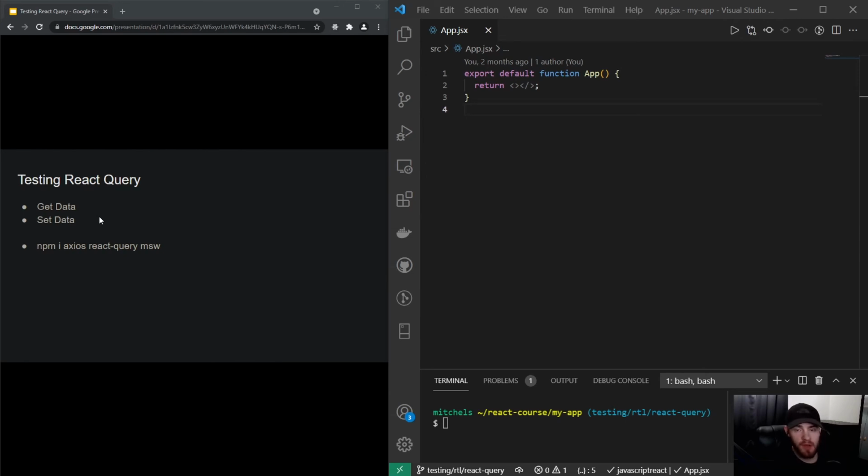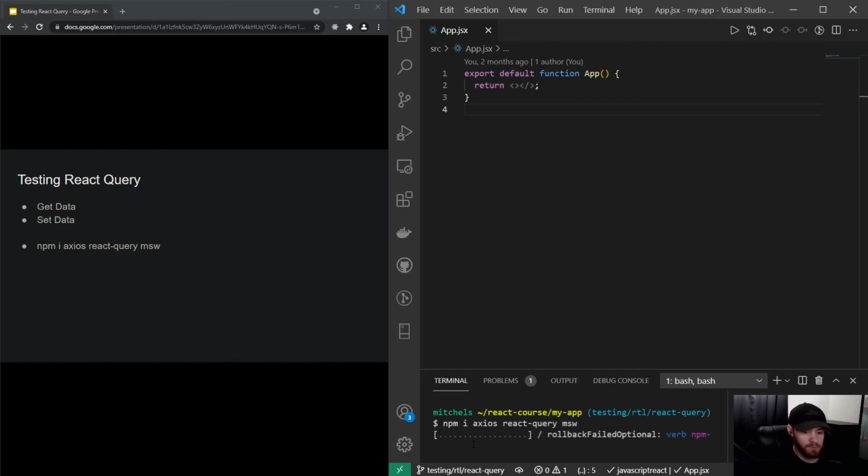an unsuccessful API call. So to get started, I'd like to ask you to install three libraries, which is Axios, React Query, and MSW. That library allows us to mock API calls instead of having to make real API calls, which is great for our tests because let's imagine our backend, our server is offline, our test would be failing as well. So with MSW, we can prevent that from happening and mock the API calls. So I will install those three libraries: npm install Axios, React Query, and MSW, and I'll get back to you